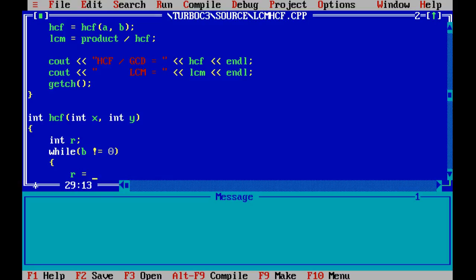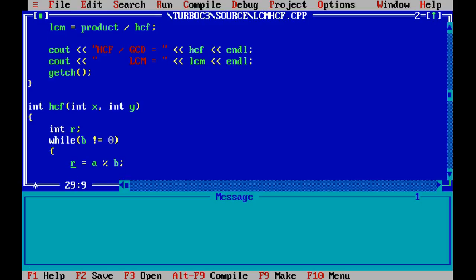Find out the remainder after dividing the larger number by the lesser number. Here we are assuming that a is the larger number, so ideally we should first find out which is the larger. So a divided by b remainder, right? So that remainder is stored in R.